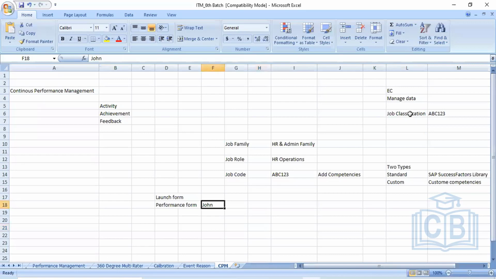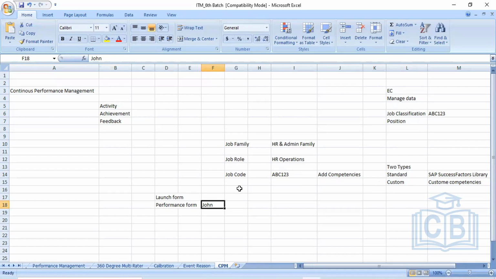For John, the job classification and the position are already mapped. So when you are launching the form, in that first screen, all these competencies are in John's performance section, and they are able to go and see them. Why can they see them? Because we have created a job family, job role, job code, and mapped that job code with these particular competencies.